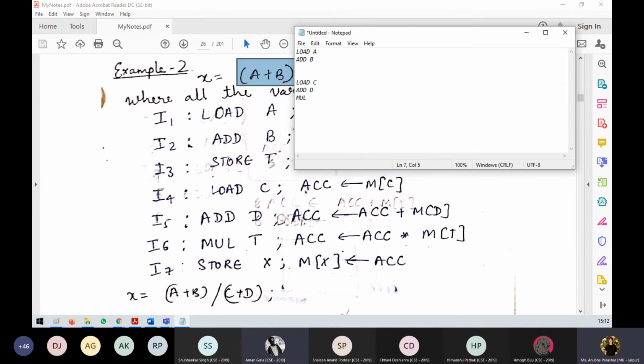So, can you tell me the instructions that you are trying to write, because you said that one of the values you will leave in memory. So what you are trying to say is load A, add B, load C, and then add D. That's what? Yes, ma'am. Multiply accumulator and register now. Now multiply what? Accumulator and register. Which register? Ma'am, temporary register. Okay, temporary register. Okay, you're doing this, and then store X, right? Any other change that you want from this?